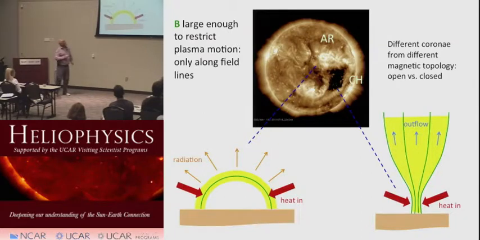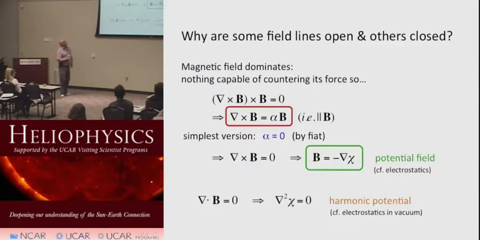Now, all of this is premised on knowing that some magnetic field lines are closed and some magnetic field lines are open. Some magnetic field lines go straight out into the solar wind. And how do we know which those are? Well, we have to come back to the fact that this magnetic field is